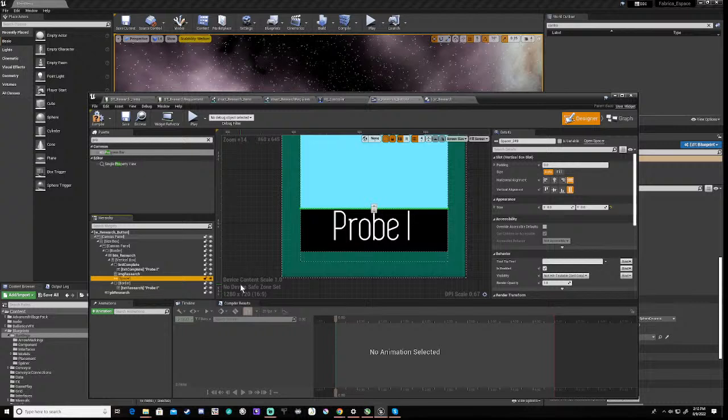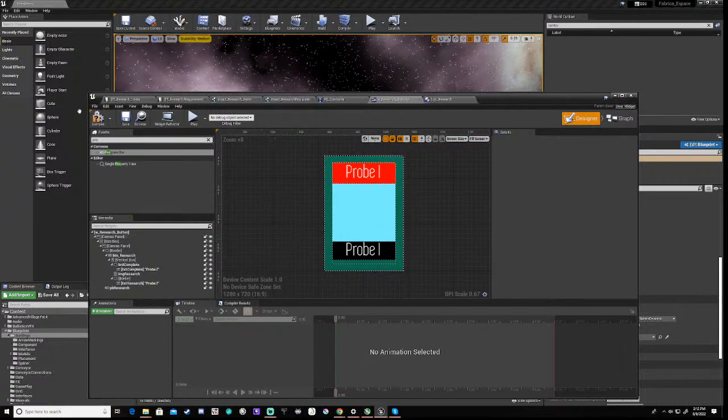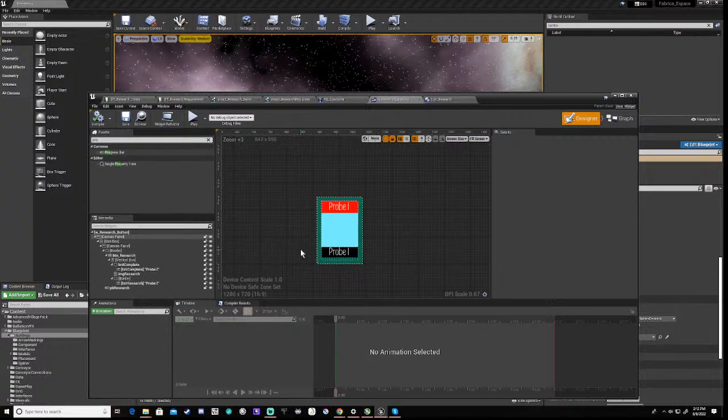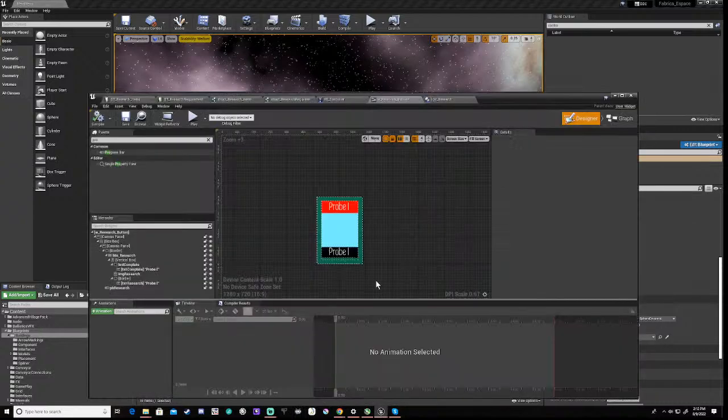Right, I'll tell you what I'm going to do. I'm going to remove this spacer. Right, so we have our progress bar, okay? And we know which it is. So what we actually want to do here, right,